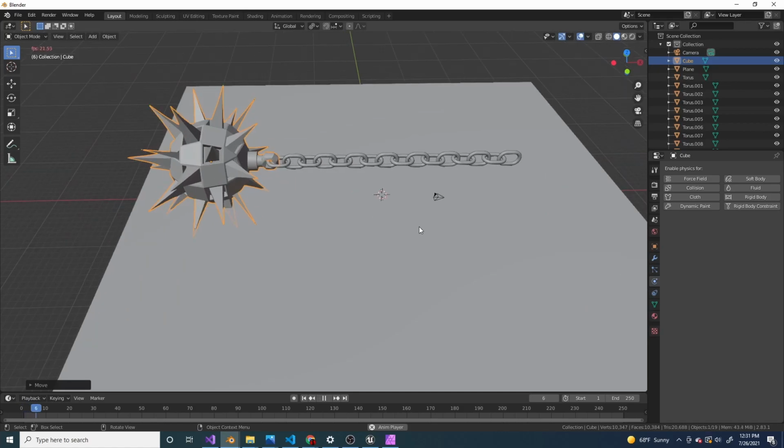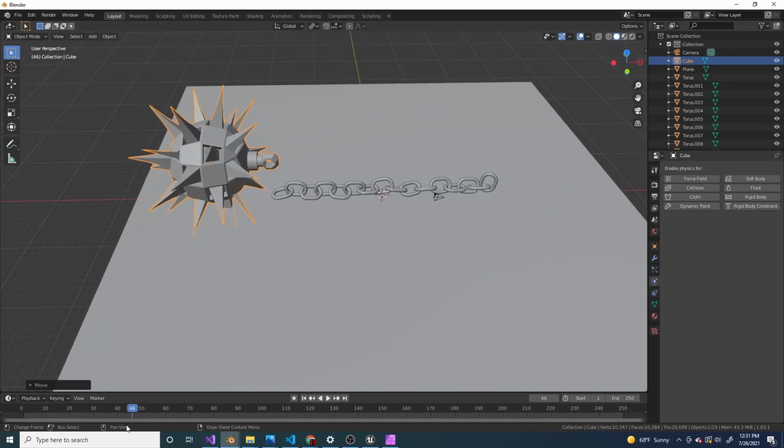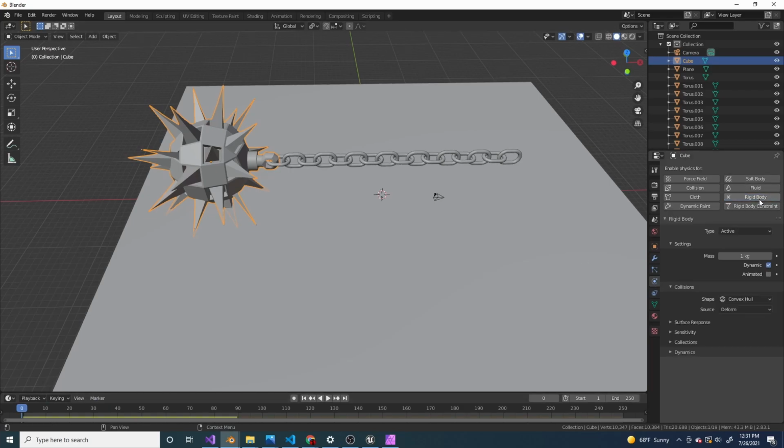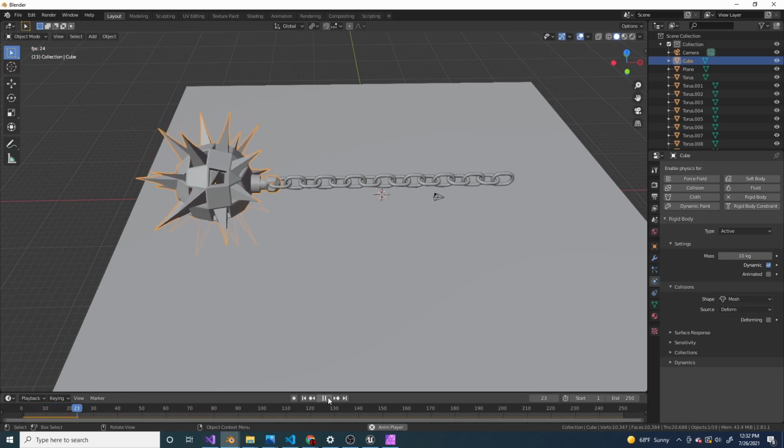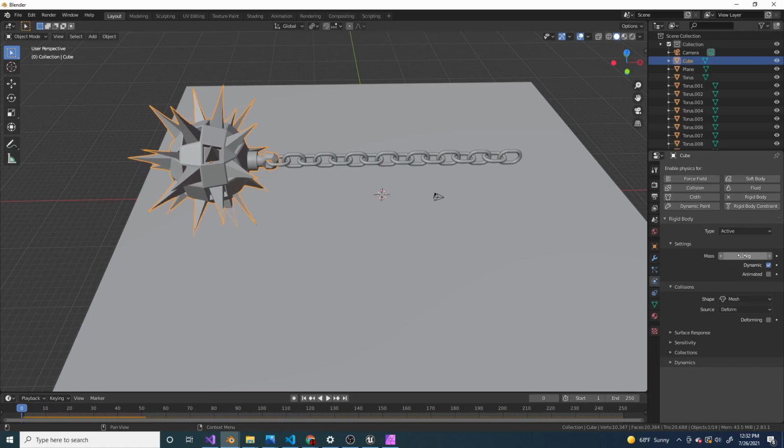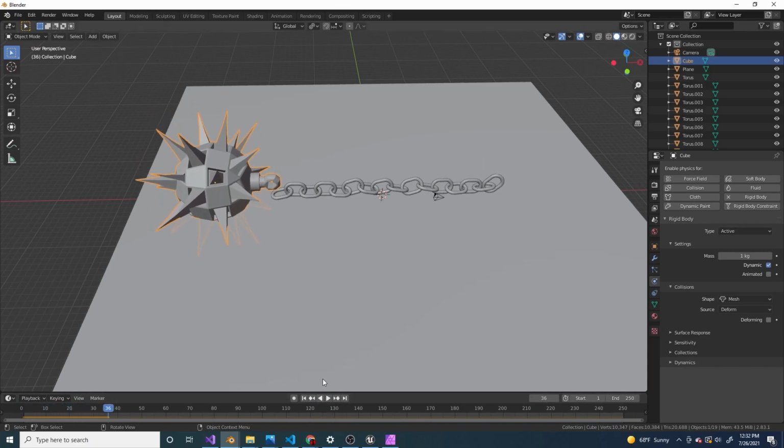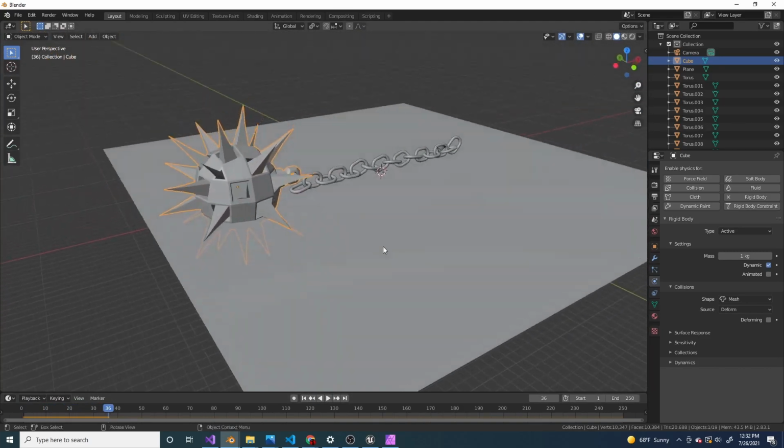Okay. I hit space. This one isn't falling down because I haven't simulated physics or added the rigid body for it. So I'm gonna click on rigid body, type active, mass 10 kilograms, shape, change this to mesh, and that's not doing super well. If I change it back to 1 kilogram, no, I